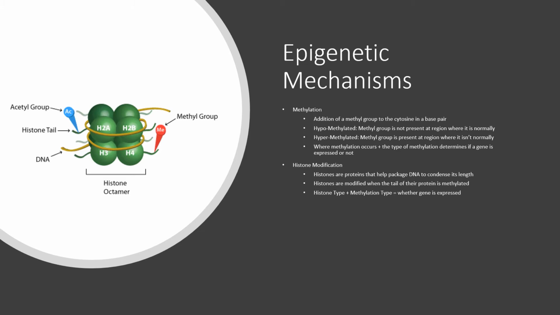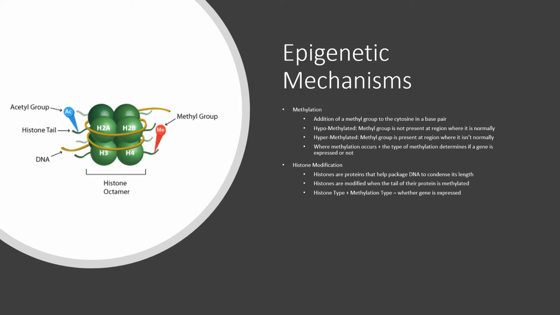As an example of hypermethylation, let's take the promoter region of the gene, which is the starting region of the gene. This region usually lacks methylation. However, if this region is hypermethylated, it can lead to several aberrations. In fact, many scientists are starting to find out that if the promoter region of, say, tumor suppressor genes are hypermethylated, it can actually lead to cancer. And this is because the tumor suppressor genes are essentially turned off and can't stop the cancerous growth.